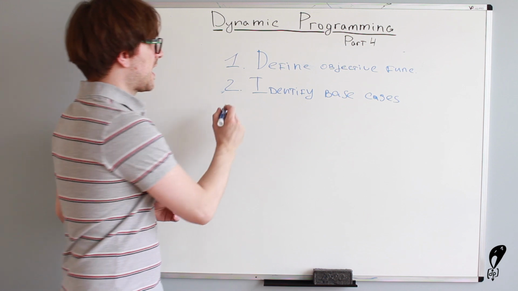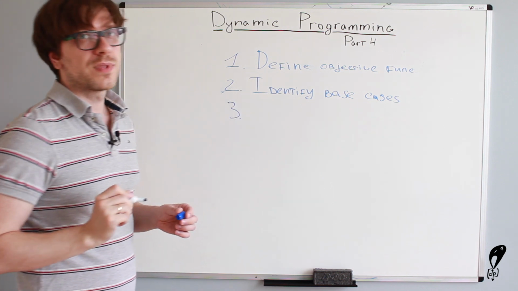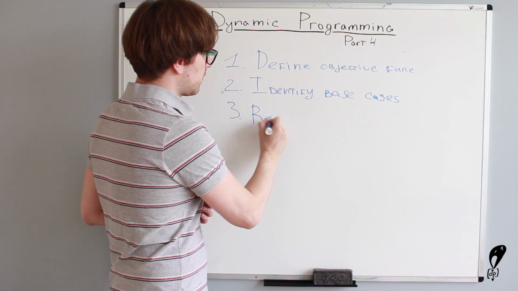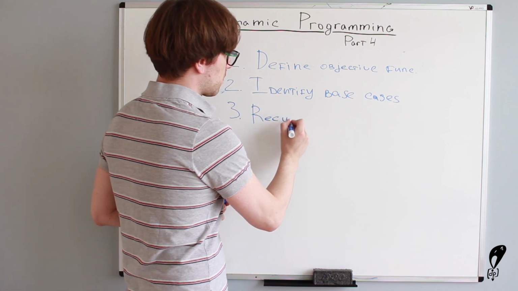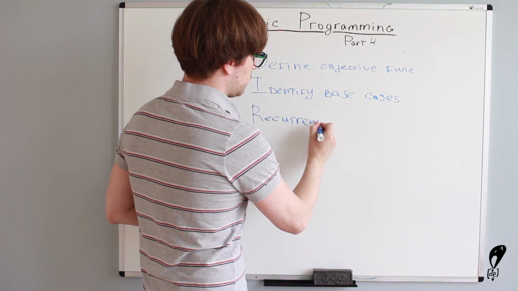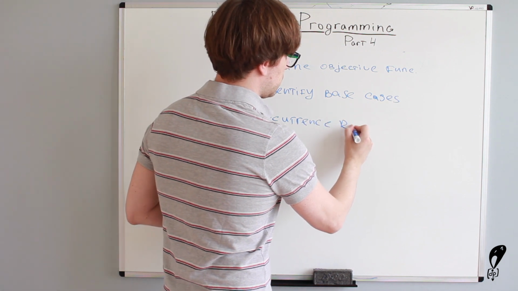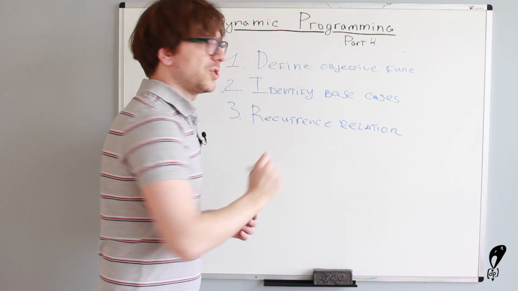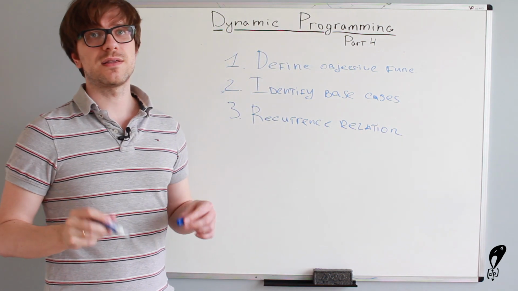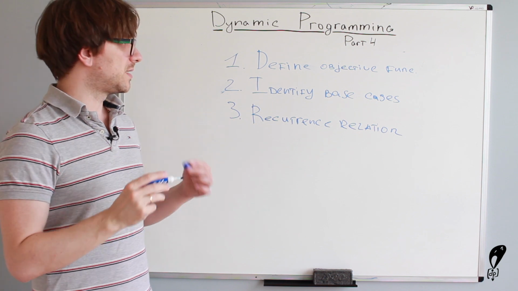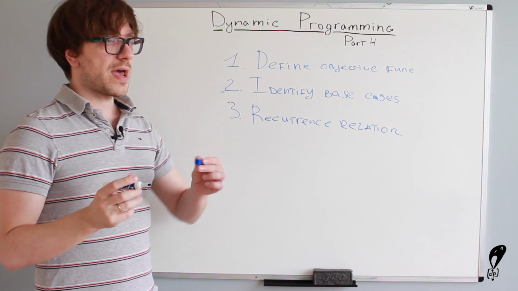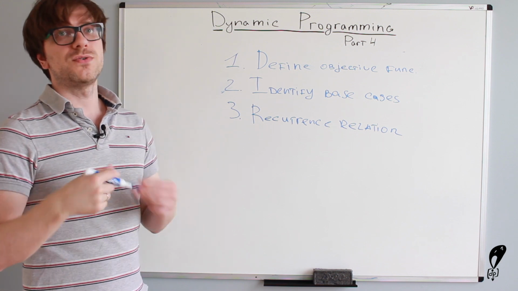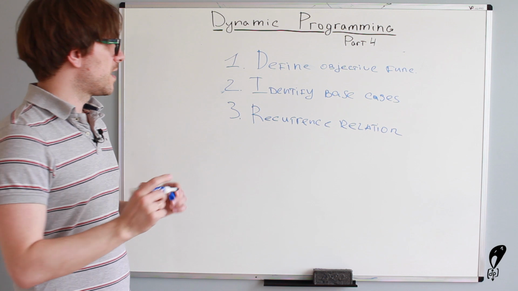Now, the third step would be the recurrence relation. Recurrence relation is basically the transition function. It's the function that allows you to transition from one subproblem to the other subproblem. Okay, and then the fourth one